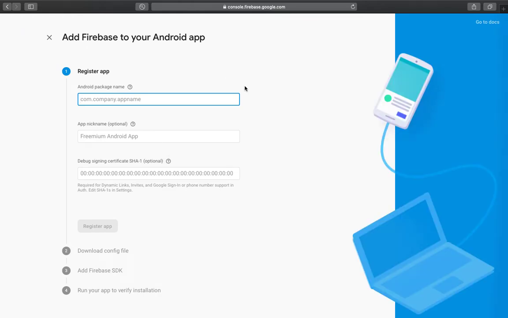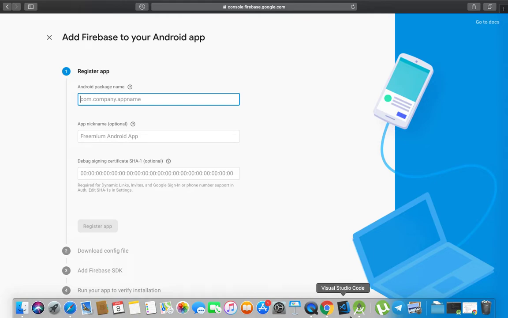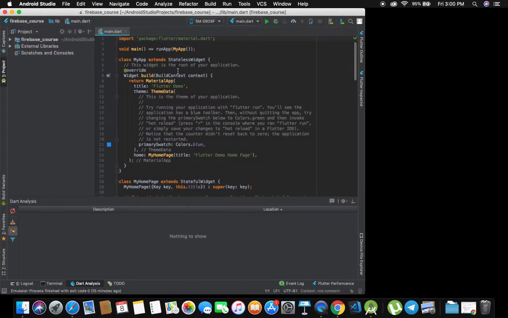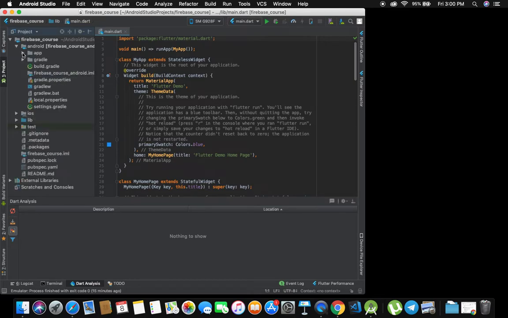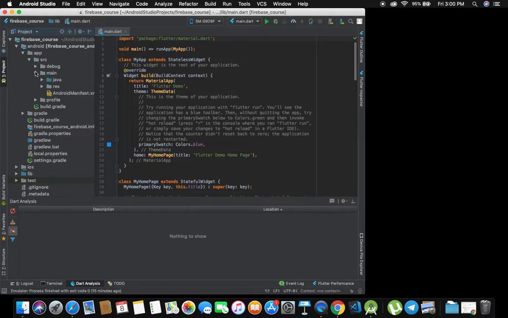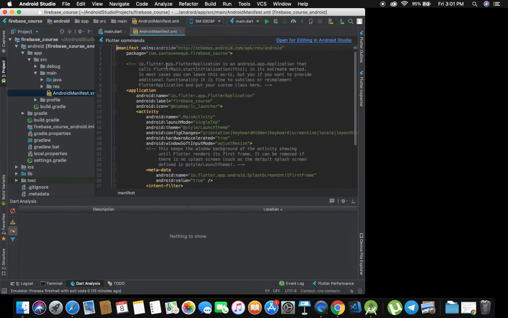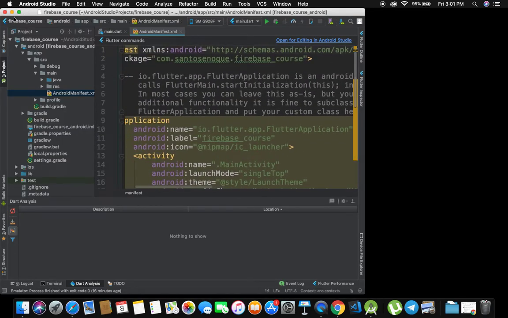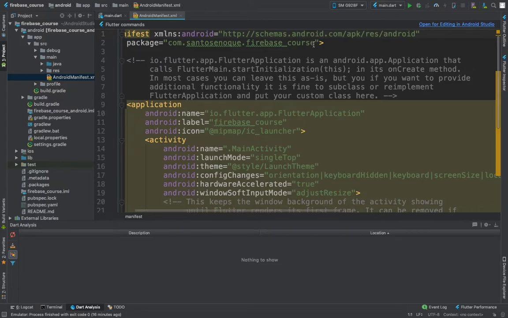Now let's register your app. And first they want the package, and where are you going to get that from? You go to your Android Studio, you click on your project, and then you're supposed to click on Android, and then click on app, and click on source, which is src, and inside of the source click on main, and you have the Android manifest. And here on the manifest you're going to find your package name,